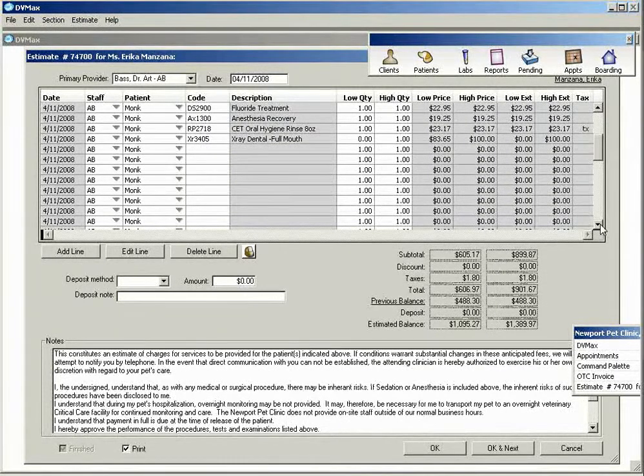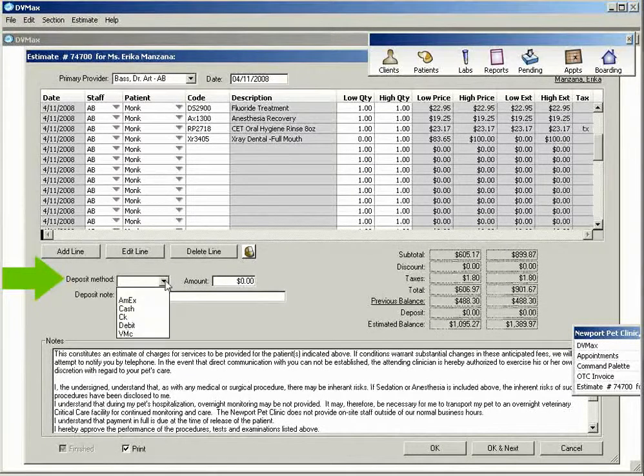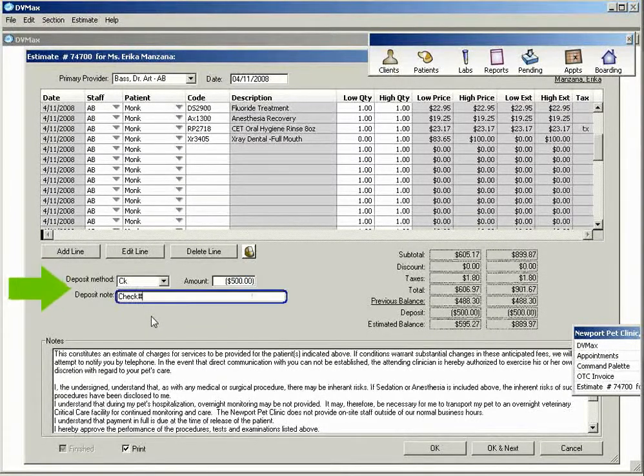The animal has not received any of these items yet. The client has not really been billed for any of these items yet. It is specifically an estimate for services. Should a client leave a deposit with this estimate, it's possible to add the deposit directly to the estimate. Meaning, if the client will leave you a check in the amount of, say, $500, we can even enter in